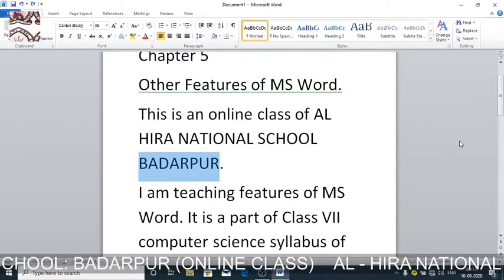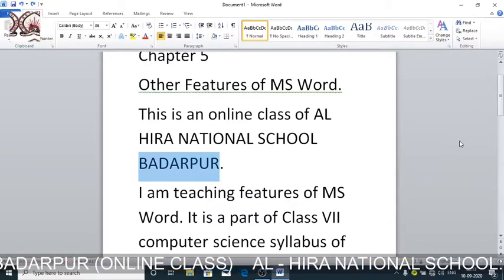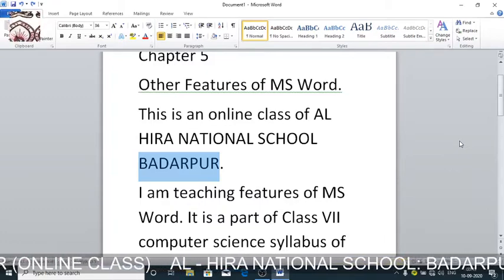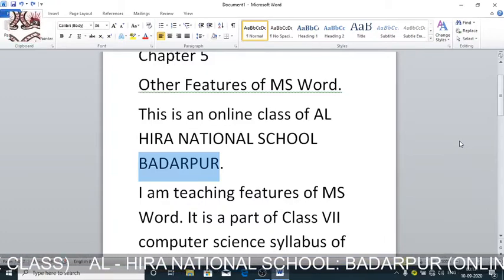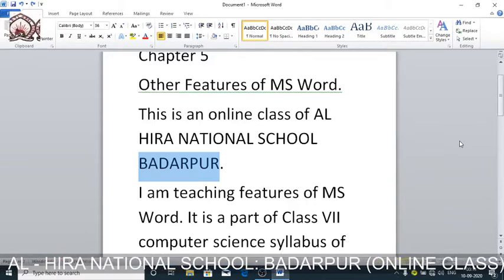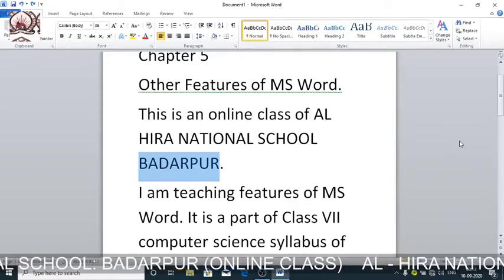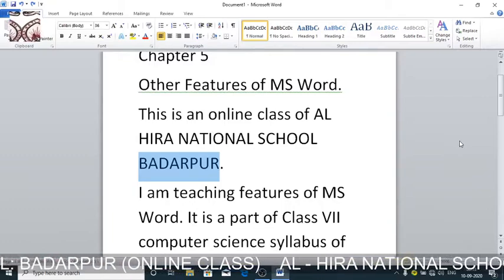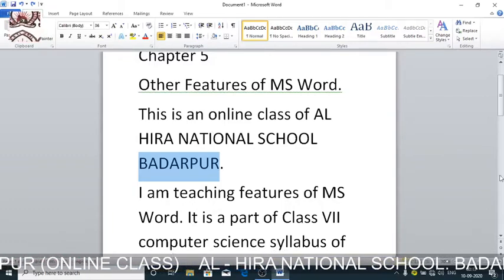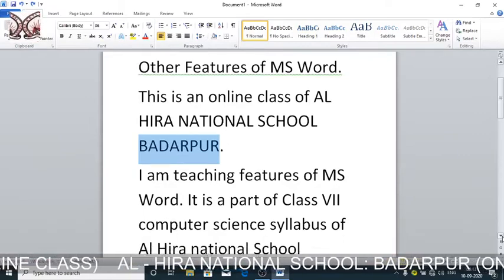There are many types of clip art pictures available in this MS Word feature. So clip art means a collection of pictures and graphics.